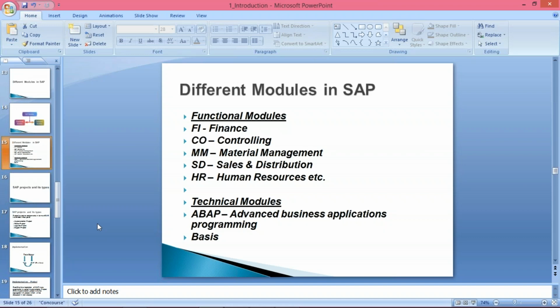Now, guys, this is a kind of introduction which I have given about SAP. Now let's suppose once you become an SAP consultant, then what will happen? Once you become an SAP consultant, you are going to be assigned certain activities, certain tasks. It means you have to perform those things. Whatever activities or tasks are assigned, that is called a project.